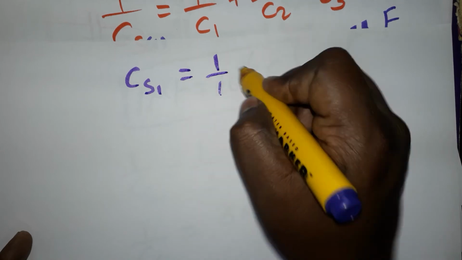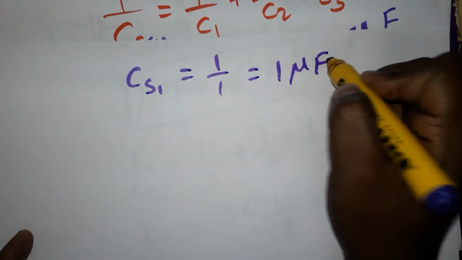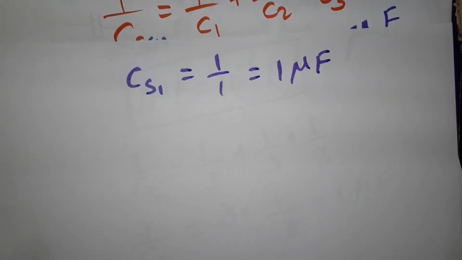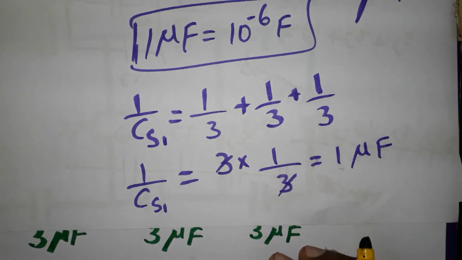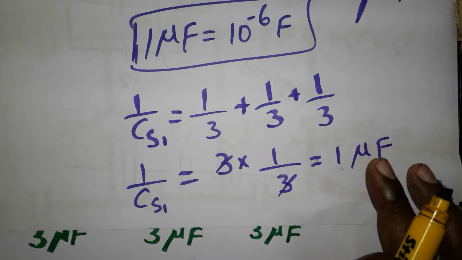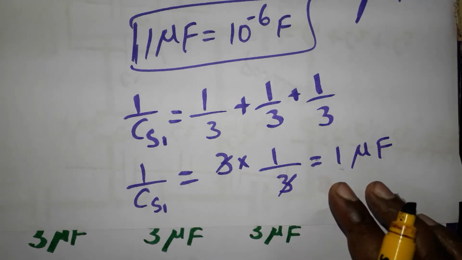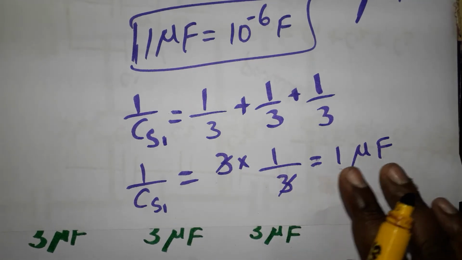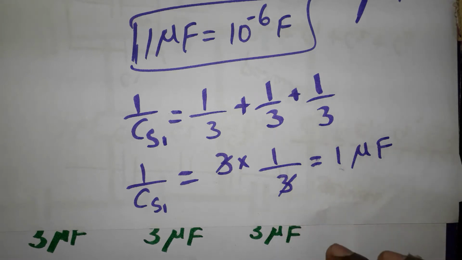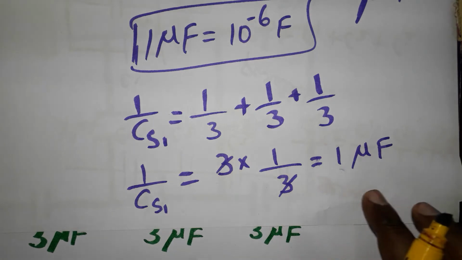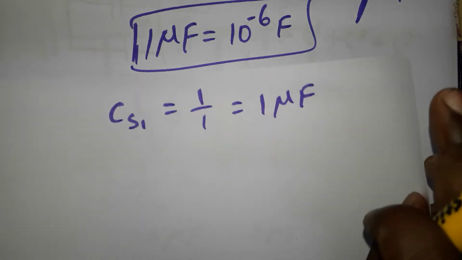It is 1 by 1. 1 by 1 is going to be the 1 microfarad. It is a very important step you should do. Mostly in this step, you won't flip the answer wrongly. Here you will get the same value. If you get another value, you are making a mistake here, and even a small mistake is going to give us a wrong answer. So flip this equation, I'll get 1 by 1. The answer will be 1 microfarad.